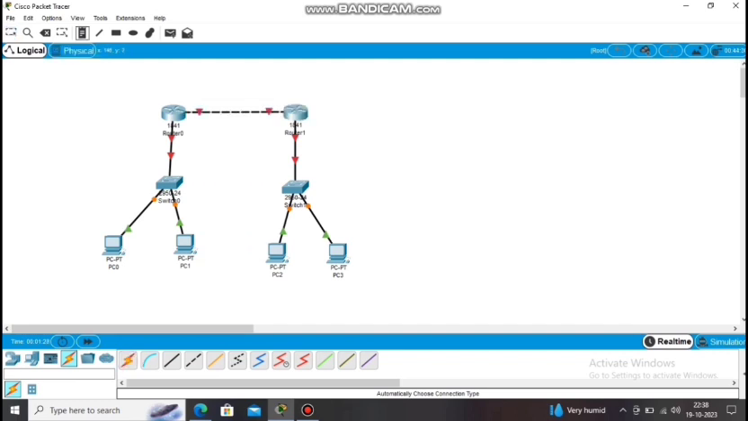Now after connecting all the devices, take the text table where you have to provide the IP addresses. For PC0, 192.168.1.2, and for PC1, 192.168.1.3, and for PC2, 192.168.2.2, and for PC3, 192.168.2.3, and for router 1,